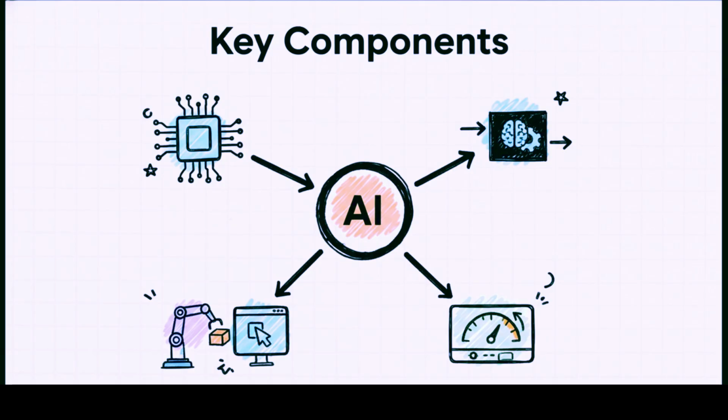Let us deconstruct the key components. An AI is a machine-based system that processes input to generate some form of output. A critical aspect is that these outputs, be they predictions, recommendations, or other forms of content, can influence physical or virtual environments. The definition also notes that these systems can exhibit varying levels of autonomy and adaptiveness.